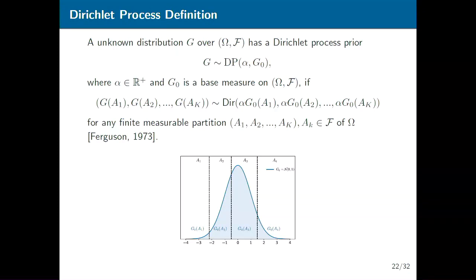Okay. If I draw a lot of samples from my Dirichlet process, each of them being a distribution itself, and I look at the amount of mass each sample assigns to each part here, then that will follow a Dirichlet distribution, as per this line here, where the parameters of the Dirichlet are defined by the amount of mass the base distribution assigns, scaled by alpha. That's so cool that such a thing exists, and it turns out that it is true, and that's what a lot of these major theoretical papers try to prove.